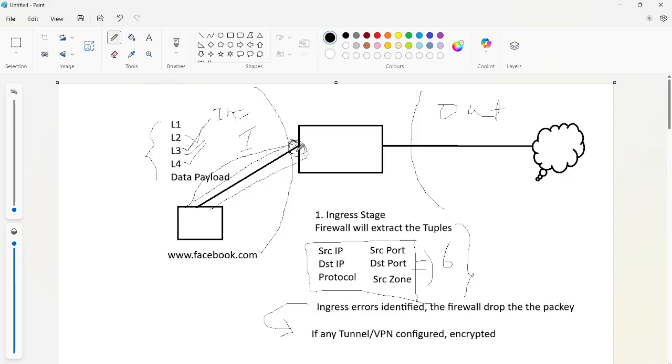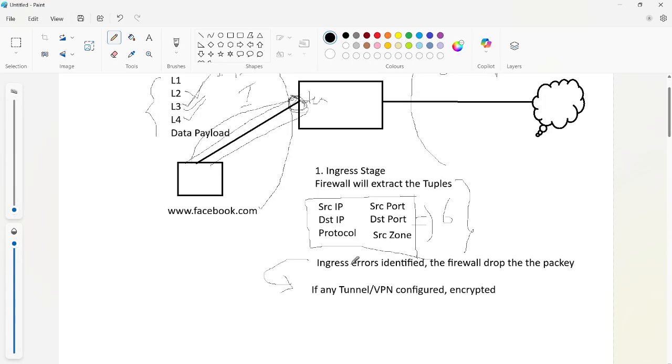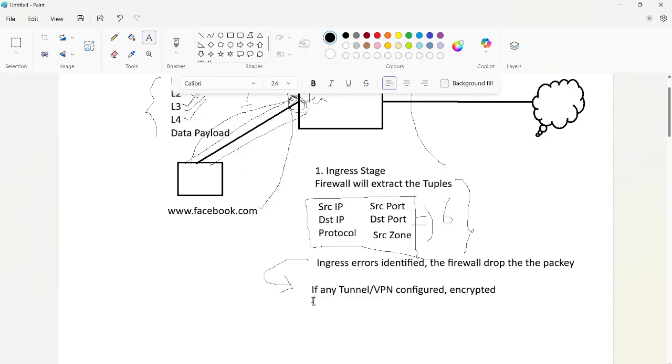So what does the firewall need to do in order to inspect the traffic? It has to decrypt it. Whenever the traffic is received from the client, whether a Windows, Linux or Mac OS machine, if it is tunnel traffic, the firewall will decrypt the traffic.